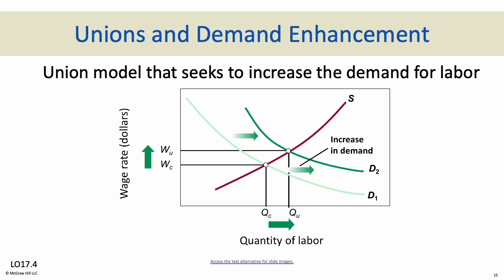A lot of times unions love to argue on behalf of whatever they're doing, and they like to lobby governmental officials to pass laws that are favorable to whatever field they are operating in or whatever products they are making. By doing that, it increases demand, and that would increase the demand for labor as well. More demand for products, more workers would have to get hired, and wages should go up as well. So that's one thing unions try to do. They try to increase demand for whatever field they are working in, be it a product or a service.